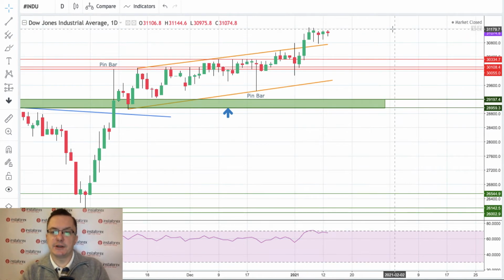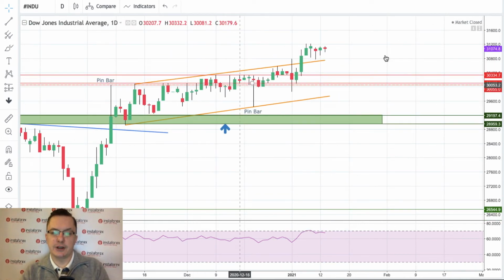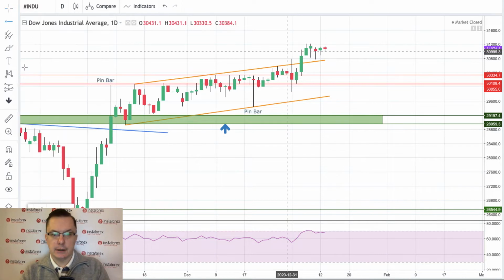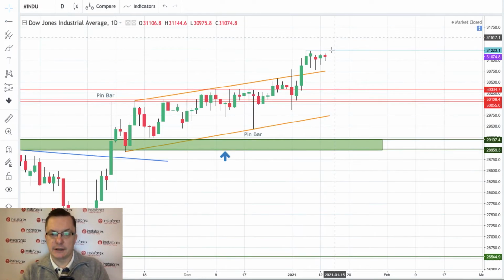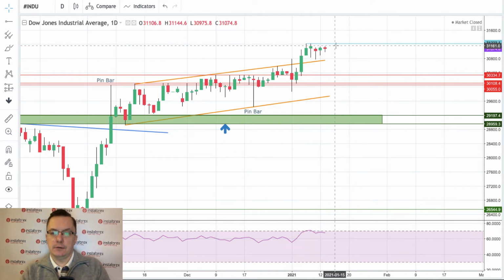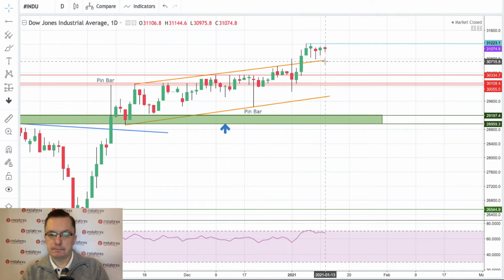It's a similar situation as the S&P 500. We got this channel here. We have a breakout, and now we are trading above the channel. But as we can see, there is some kind of a technical resistance here. It's located at the level of 31,216. So without any kind of a strong breakout above this level, we might still get back to the channel, right? Technical support, the nearest one is seen at the high of this candle, which is